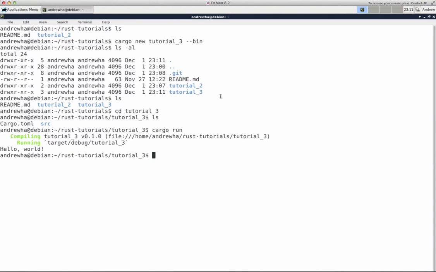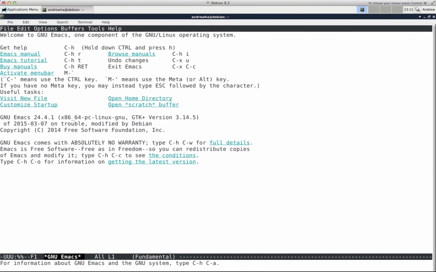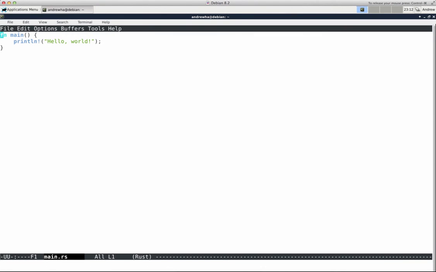So what we are going to do now is switch over to another screen. I'm using screen right now, and I'm switching to a new window by hitting Control-A-N, and I have Emacs running here. I'm going to go to my Rust tutorials, tutorial 3, source, main.rs, and you can see here, this is the main function. We're going to leave the main function alone, and we are going to write a test function. I'm just going to write a test function, test1, and I'm going to put inside of it